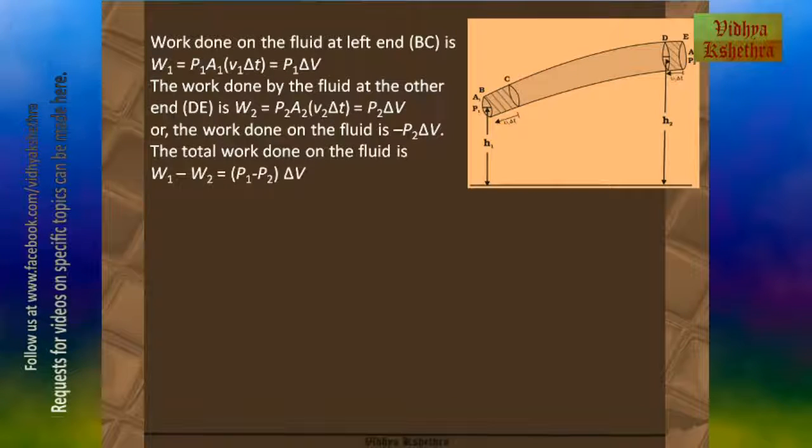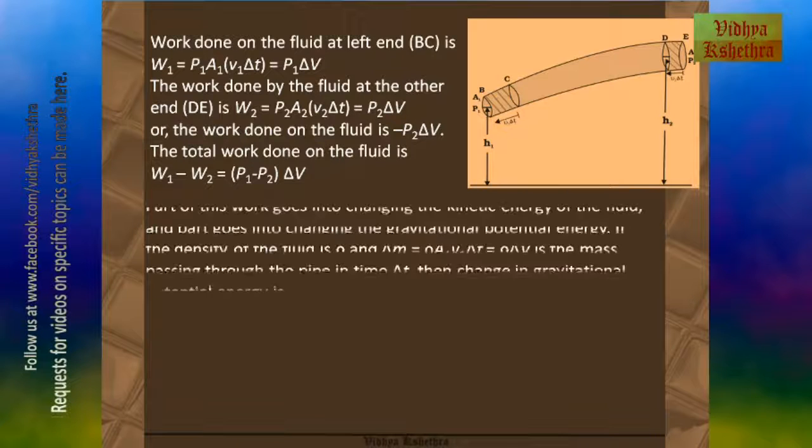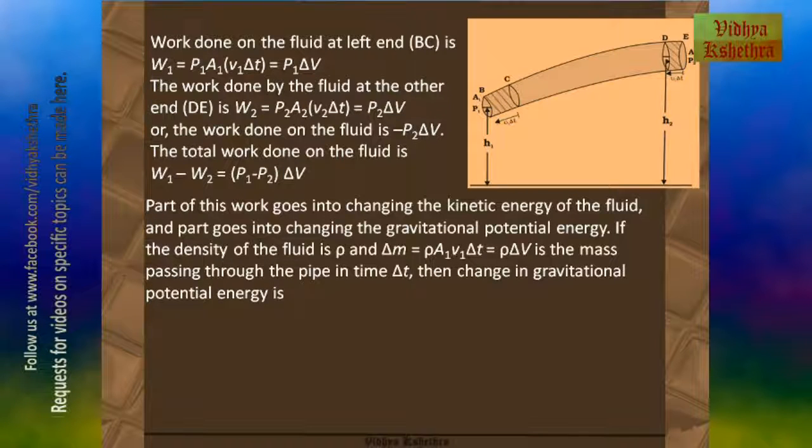As the total work done on the fluid is W1 minus W2, which is equal to (P1 minus P2) into delta V. Now part of this work goes into changing the kinetic energy of the fluid and part goes into changing the gravitational potential energy. If the density of the fluid is rho and delta m is equal to rho into A1 into V1 delta T, which is equal to rho delta V, is the mass passing through the pipe in time delta T,